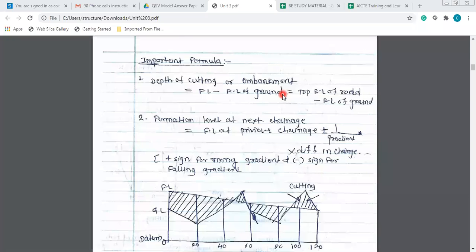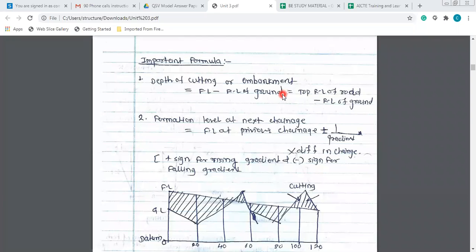Some total stations are equipped with inbuilt software. A graphic card is required. If you input the readings, the readings will be automatically stored; you prepare one folder. Suppose there is an L&T company's work, so prepare the folder in the name of L&T, and whatever readings you have taken, you can store in that particular folder, and the same folder you can input for generating the AutoCAD drawing. So with computer aided drawing, there is no manual work, no calculations, nothing. Directly you will get the contour map or the CAD drawing, with the cross sections and everything. So that is the advantage.